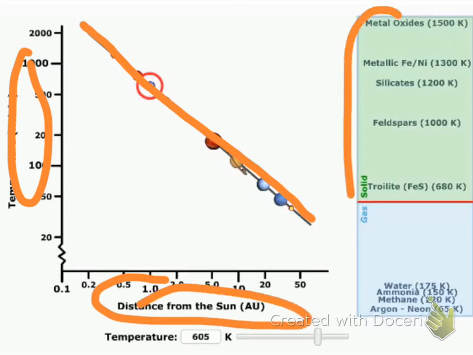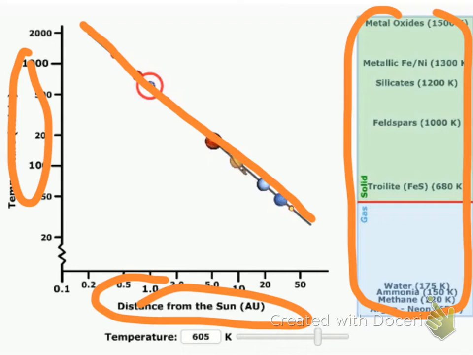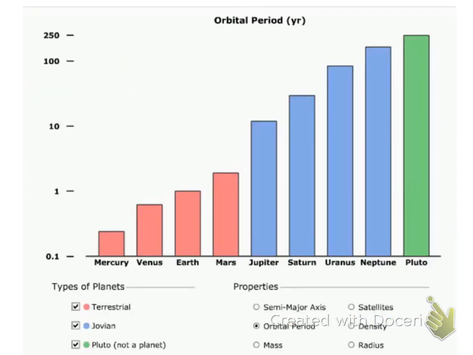And then over here what you should see are various values of temperature at which various substances become either gas or solid. And that's very important in the building of planets. So that's going to help you answer the first 4 questions. By the time you get down to question 5, you're going to see again a series of screens,